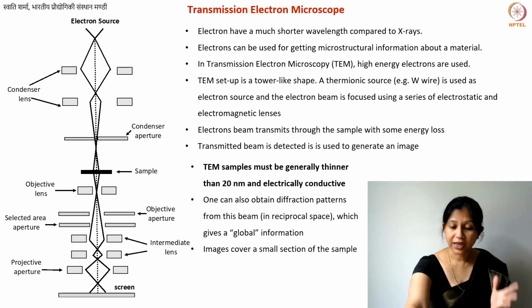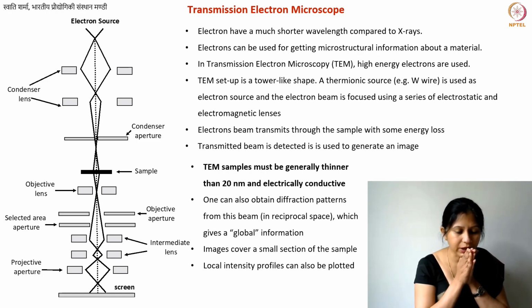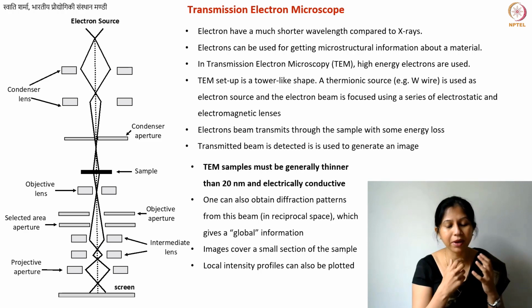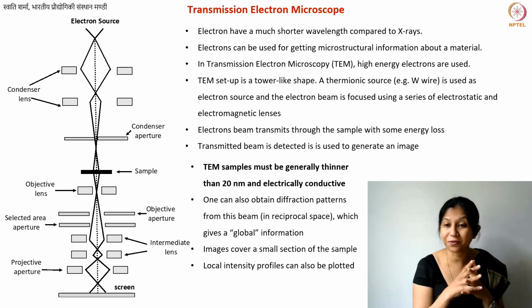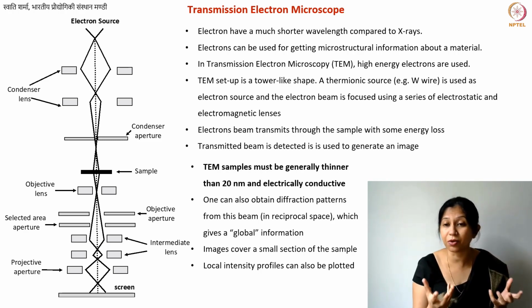Okay. Yes. So this I already told you. The images cover a very small space. Typically, what you're looking at is information within 50 nanometers of your sample. So remember that if your sample is not uniform, sometimes it happens. This has happened to me that I thought I found something really amazing in one corner of my material, but that was really just one corner and not the rest of the sample. And it could even have been some impurity.